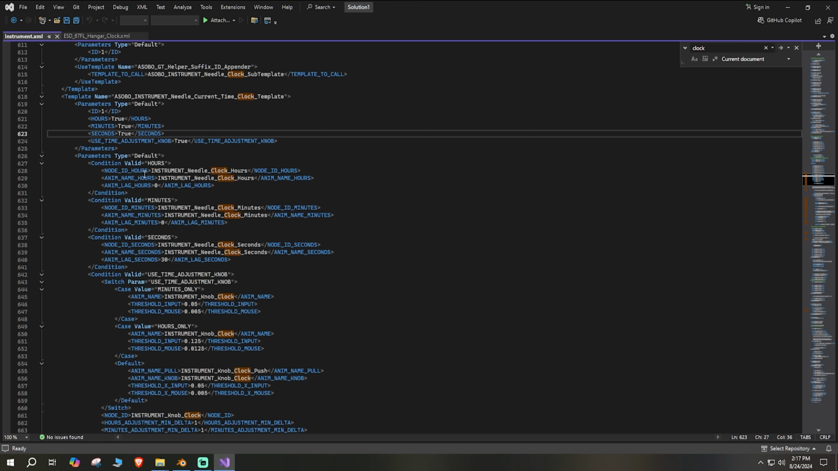And we can see that right down below here. Node ID hours, instrument needle clock hours. And we can see that there's one for the minutes and there's one for the seconds as well. We can also see that if I highlight that there, the node ID and the animation name are both the same. So all I need to do in this case is copy this instrument underscore needle